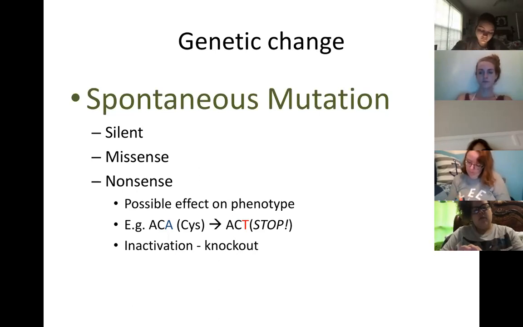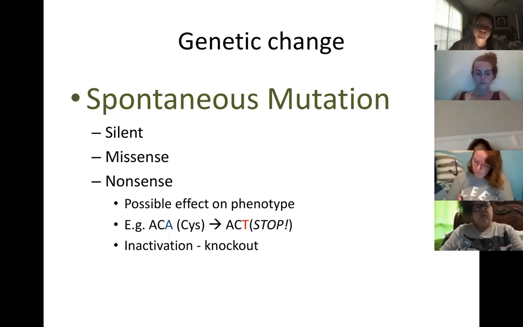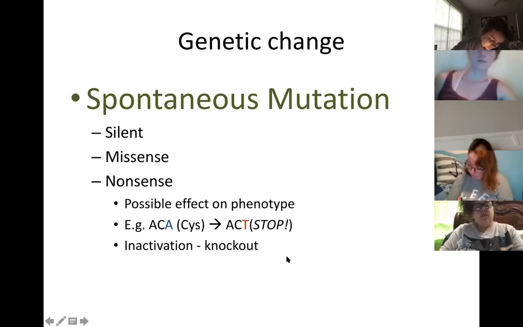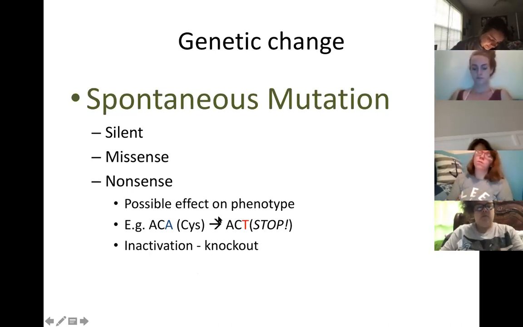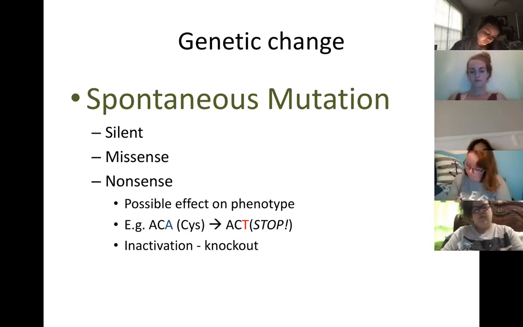But if you have a sequence that's 320 amino acids long and the mutation occurs at amino acid number 2, so you are short 318 amino acids, well, then you're not going to have function. And we actually refer to situations like that as inactivation or a knockout. So those of you that go into research or maybe have to read research articles, if you've heard of knockout animals, they basically knock out gene expression by purposefully causing a mutation in the genetic sequence that leads to a non-functional protein or no production of that protein. And they can do that by inducing a stop codon.